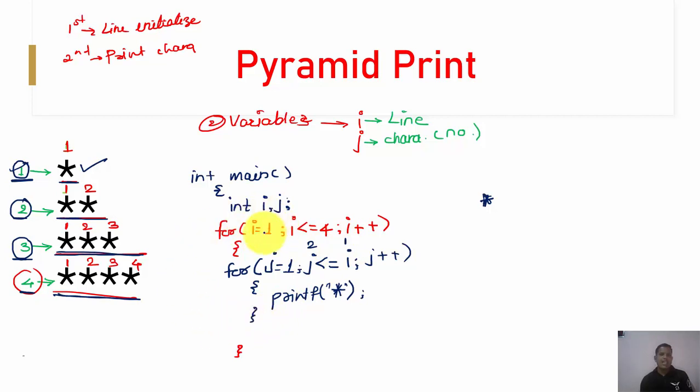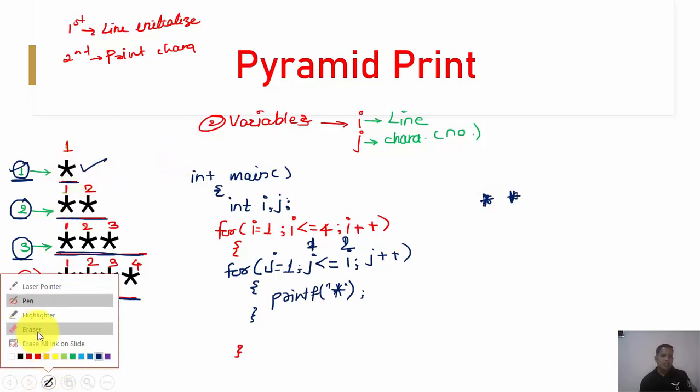Now again the value of i gets incremented by 1, right? Now the value of i is 2, whether 2 is less than or equal to 4, yes, condition satisfied, it goes inside the loop. Now j is equal to 1, whether 1 is less than or equal to 2, yes, condition satisfied, it is going to print the character. But now what will happen, the character gets displayed next to this character, but what we want is the character should be on a new line.